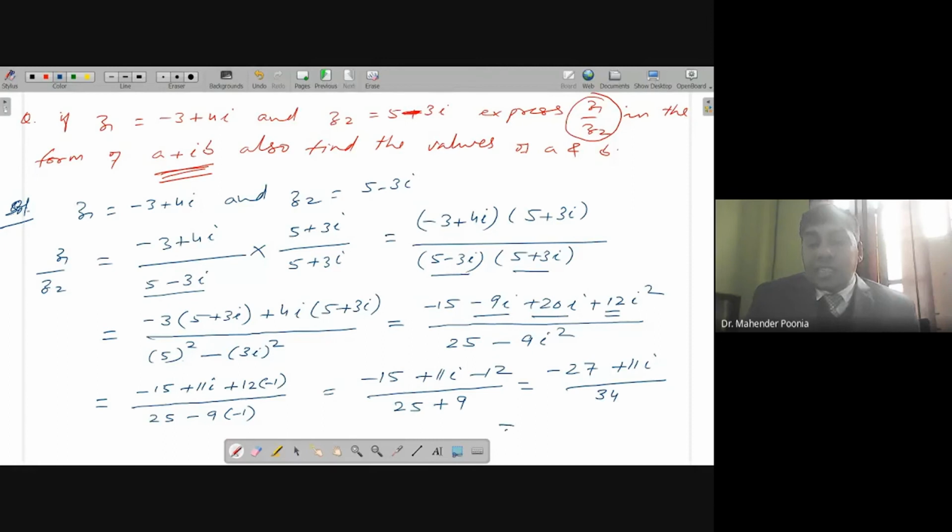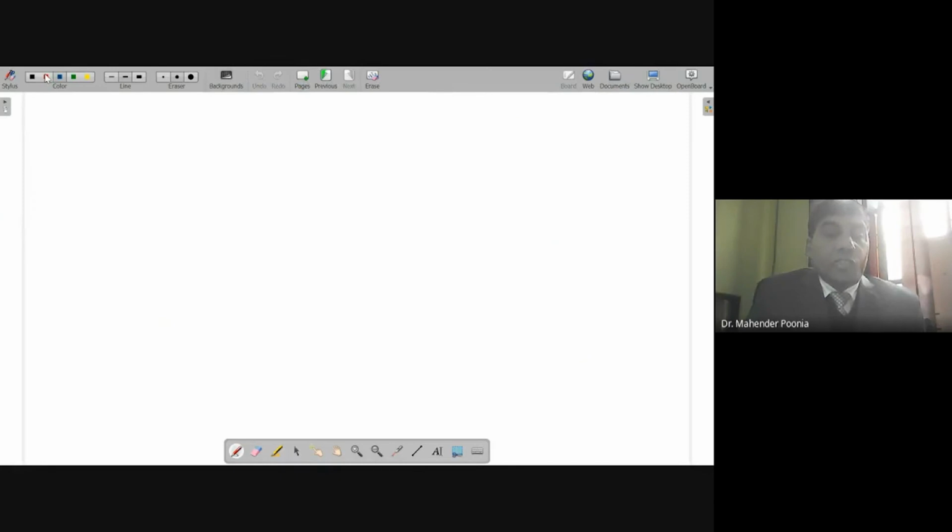We can write it as minus 27 divided by 34 plus iota into 11 divided by 34. Is it right? So we have to express Z1 divided by Z2 in the form of A plus iota B, where A is minus 27 divided by 34 and B is, what will be the value of B? 11 divided by 34, right? So the next question,